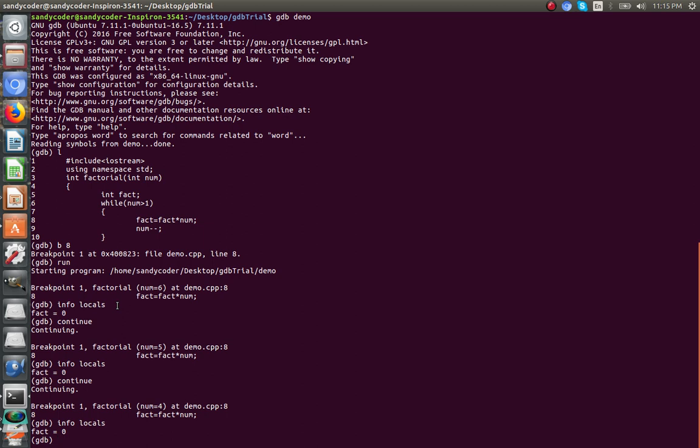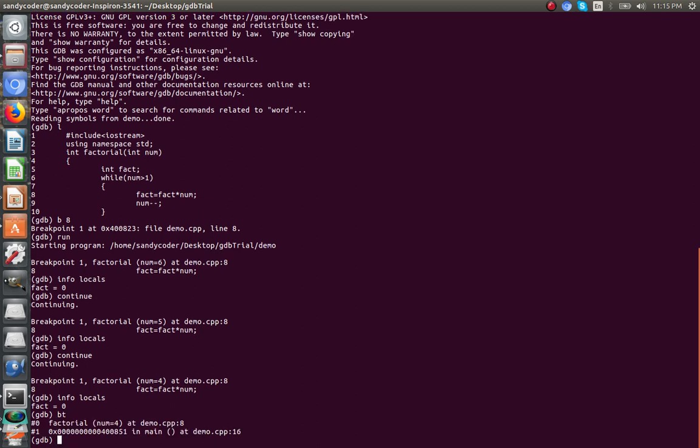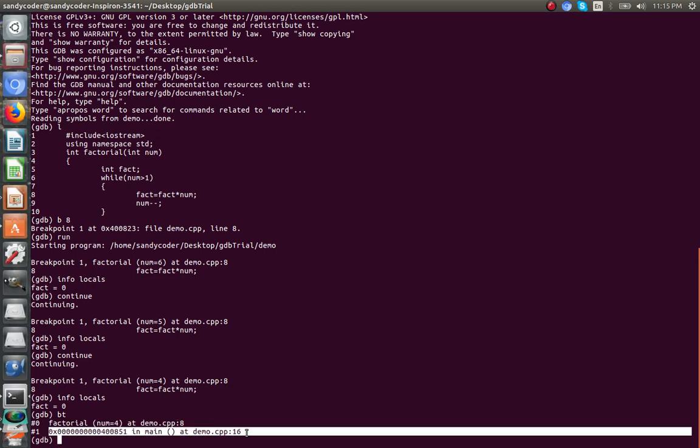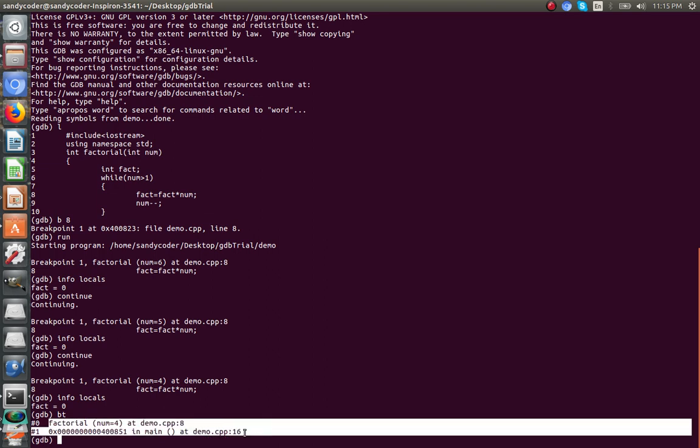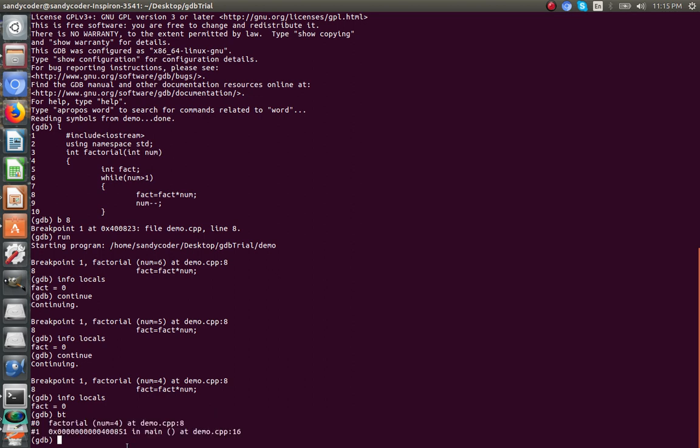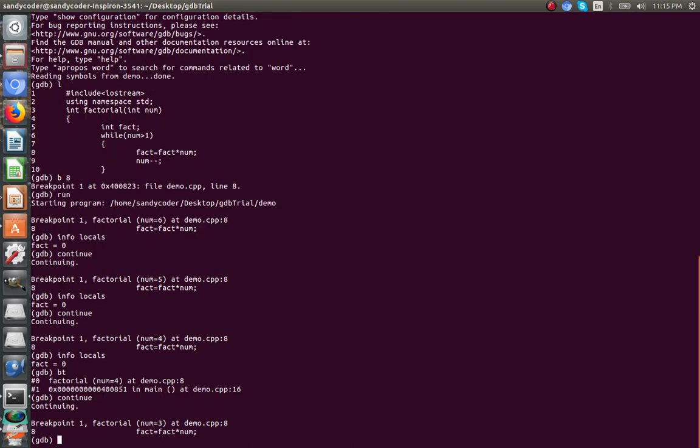One more funny thing to see here is when you write bt, you can see these two lines, factorial num 4 at demo.cpp 8, and this in main at demo.cpp 16. You need not stress much over it, because nothing much is happening other than we will be able to see how the call to function is being stacked. As you will see just now, after this program had ended, continue, continue,